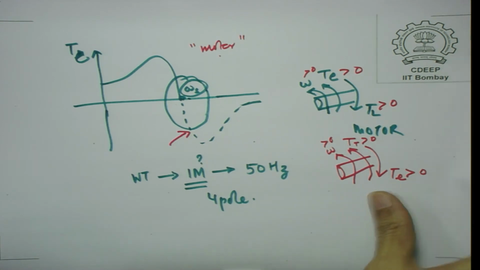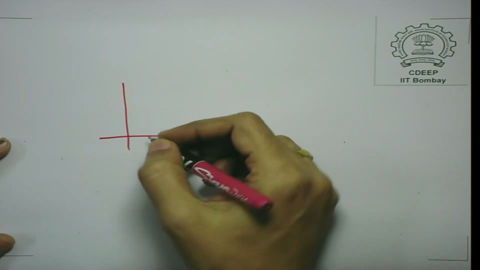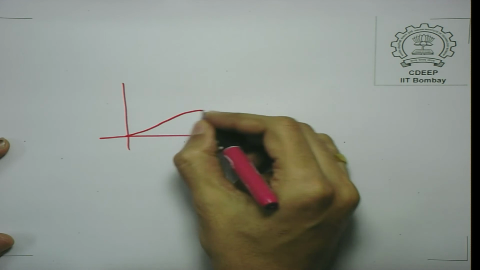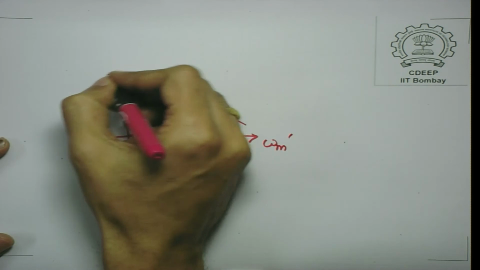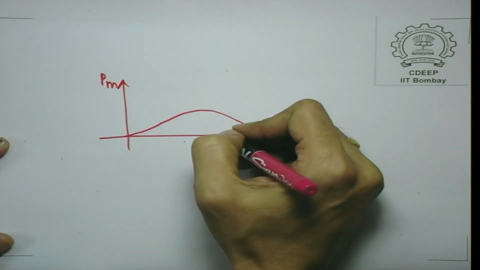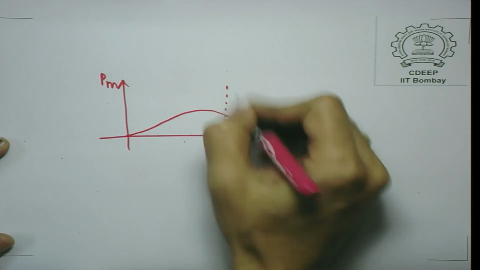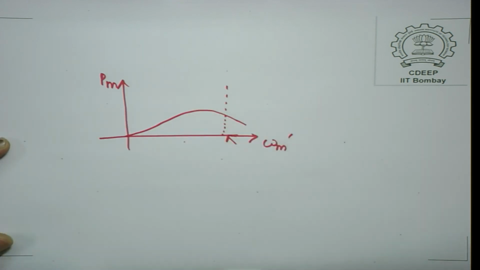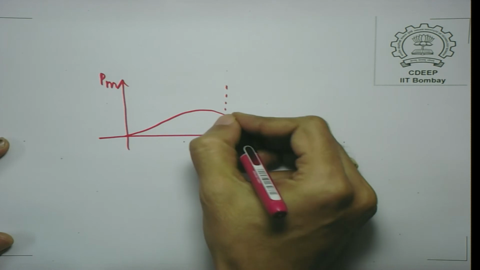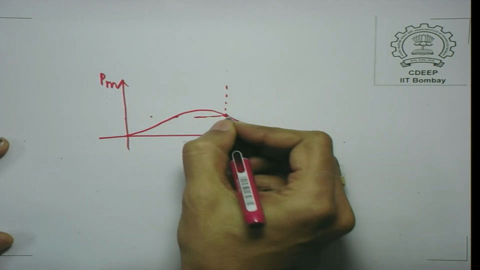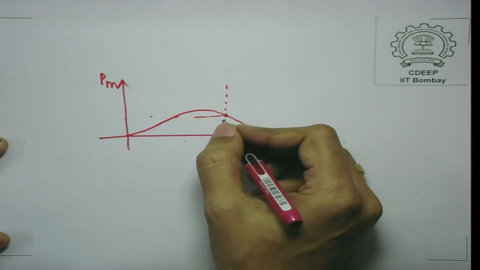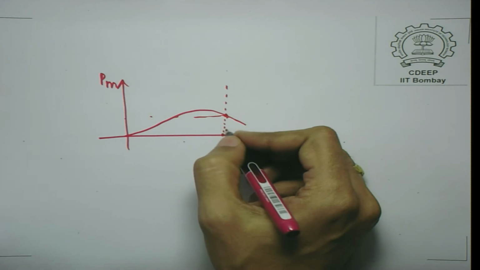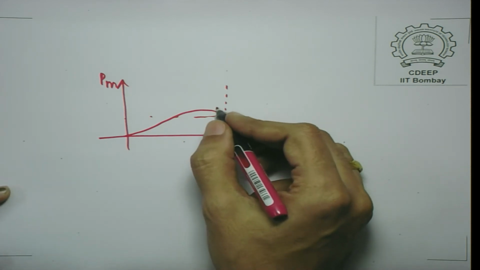So, if the characteristic of the turbine is like this, this is the electrical torque. If you connect a synchronous machine, the referred speed on one side of the gearbox and the intersection of this will actually give you the operating torque and the operating power, or the power extracted from the wind, and the speed. Now, in case you have an induction machine, remember that if you have a 50 hertz